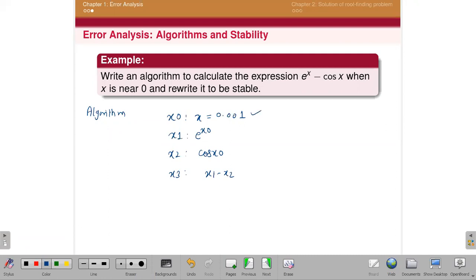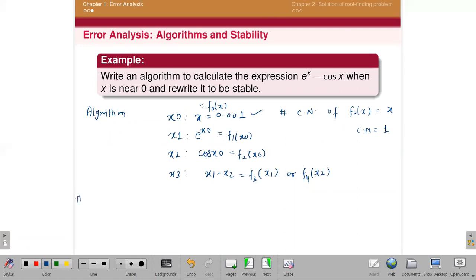So if I write the condition number for this, if I write this as f naught of x, this will be either f of x1 or f of x2. So the condition number of f naught of x will be x only, means that will be 1, which you have already calculated. So the condition number is 1 in this case.